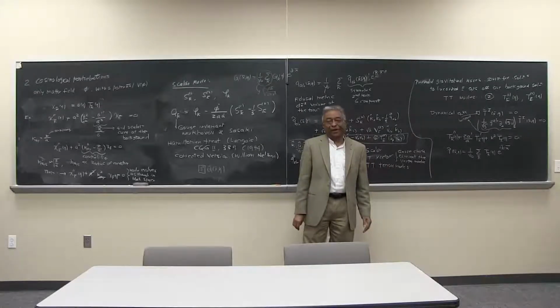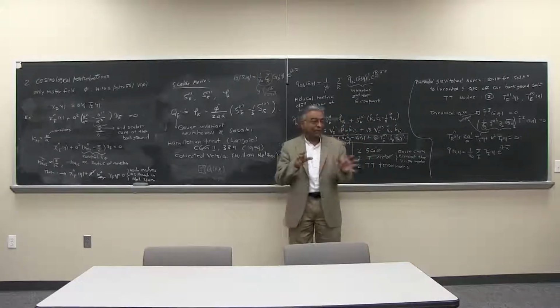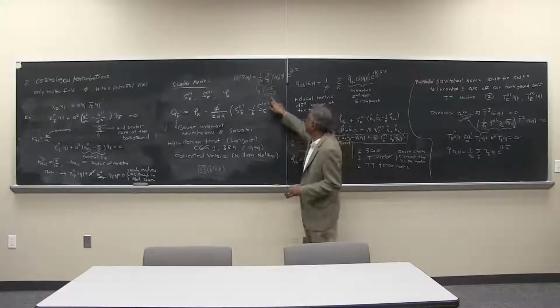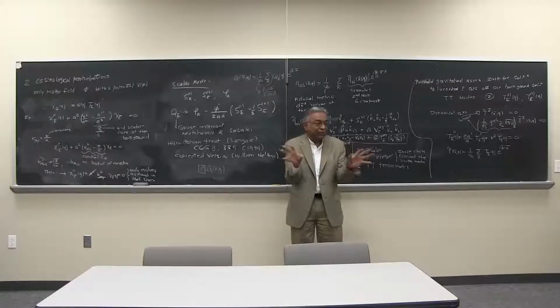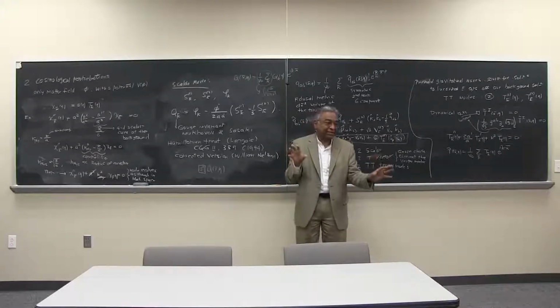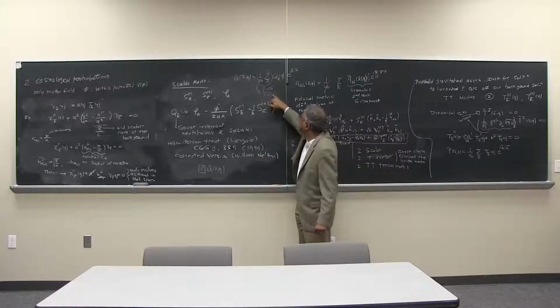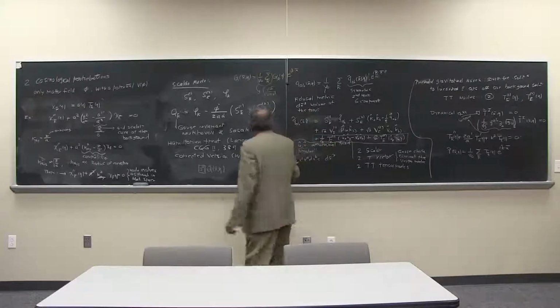In field theory, particle physics kind of field theory books, I think typically they have 2 pi raised to 3 by 2 and 2 pi raised to 3 by 2. They are divided equally between the two, between the x representation and the k representation. But in the cosmology literature, the factor is put just here. So we get this,